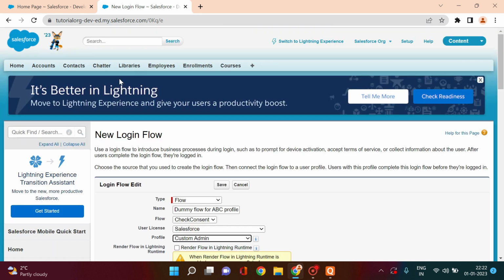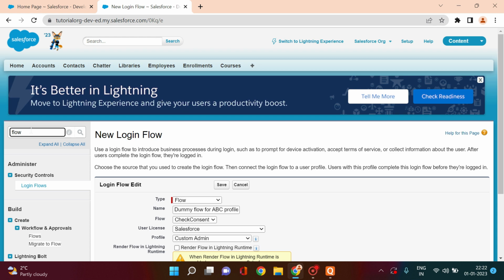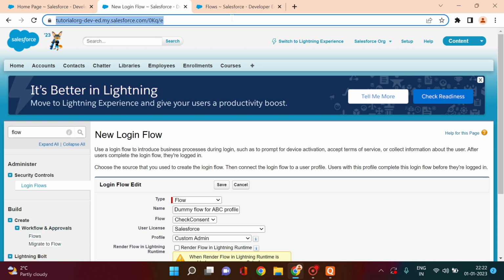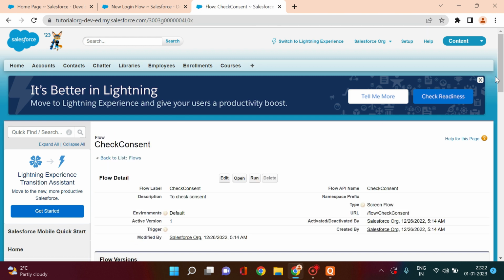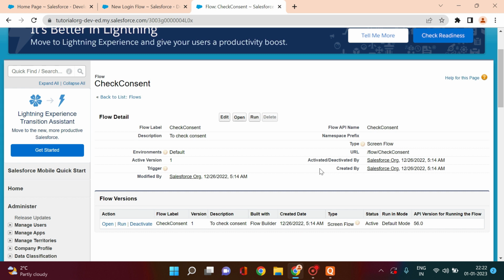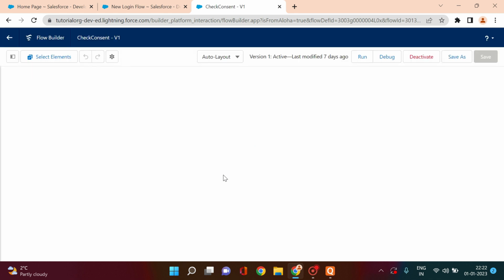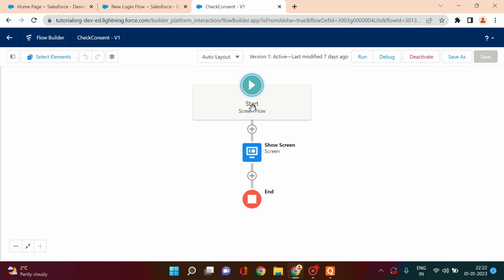Now, to tell you how you can configure the flows, I can quickly guide you. If you go to Flows, you can go under Workflows and Approvals, Flows, and I have created this particular flow. Again, it's a pretty straightforward flow that I've created. If I click on Open,